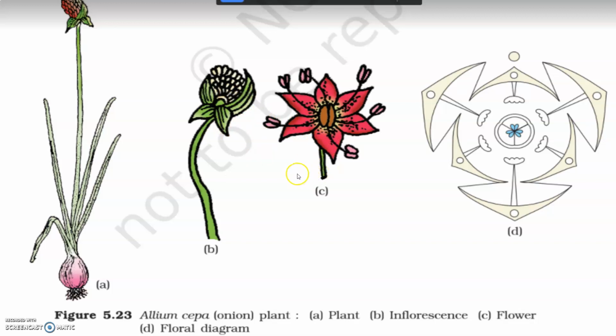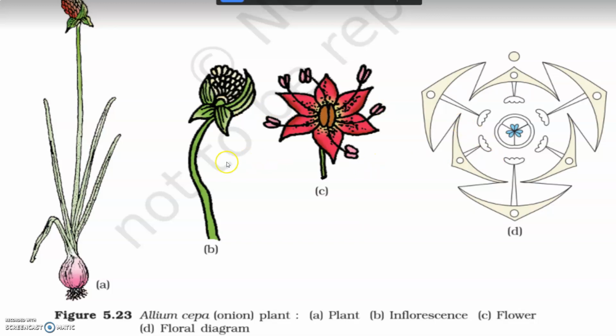Perianth: here the perianth is present, that is tepals, they are 6. You can see here in the floral diagram, these are the perianth, that is sepals and petals are united. Tepals, they are 3 plus 3, and androecium is epitepalous, because the stamens are united with the tepals. Gynoecium is tricarpellary, syncarpous, united. Ovary is superior, trilocular with many ovules and axile placentation.